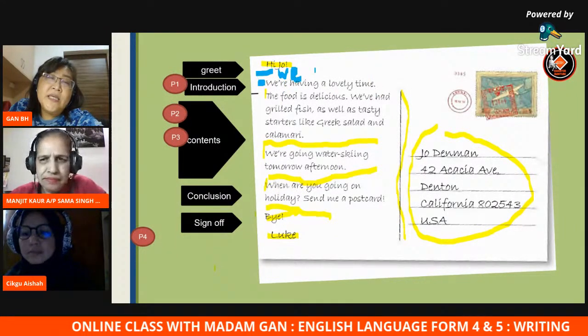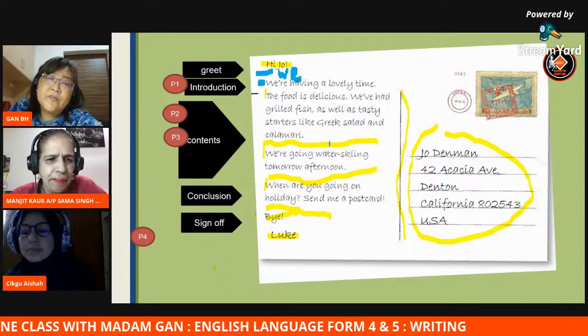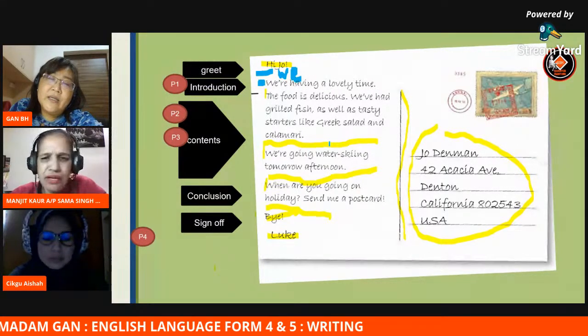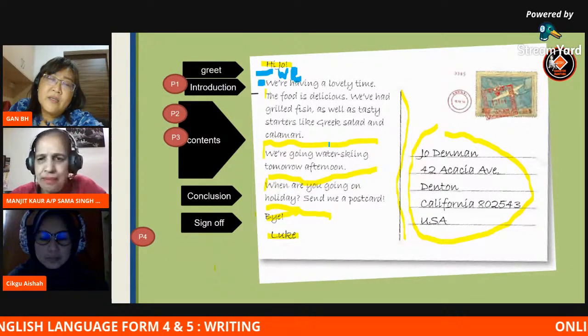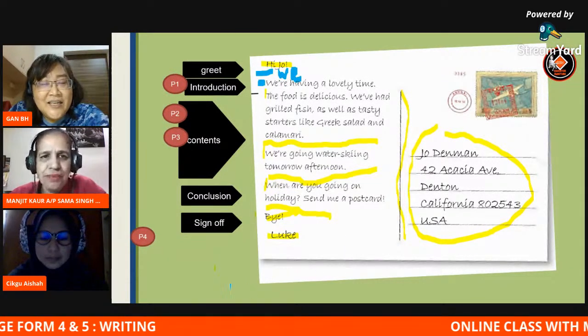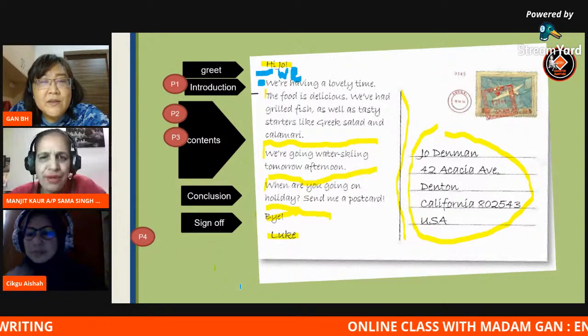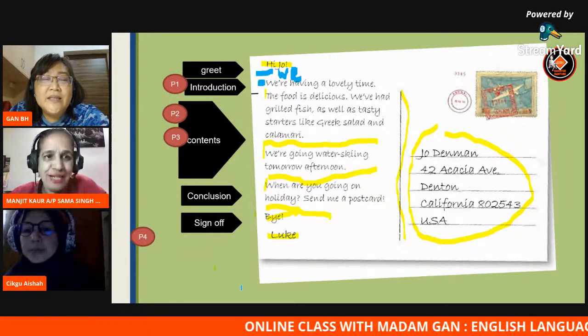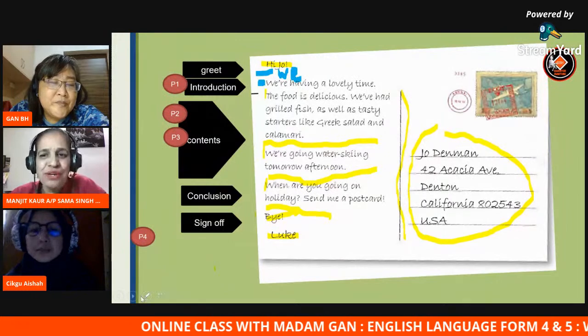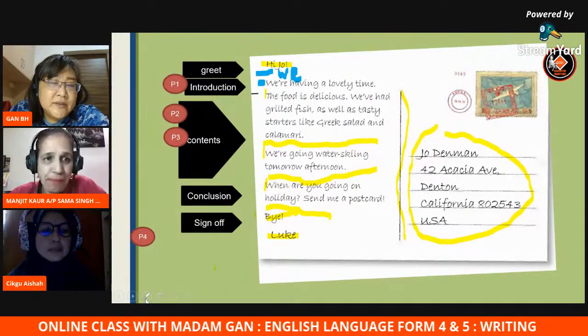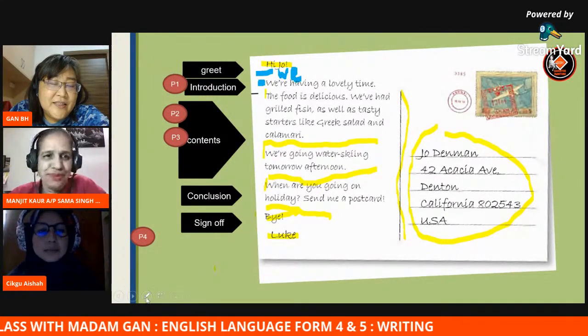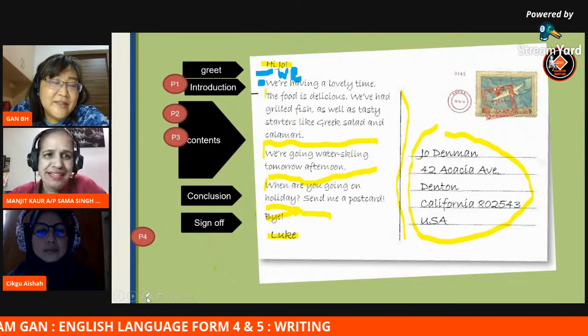So when you have spacing, you need not leave a line. Maybe, Madam Gan, maybe I can add. Boys, students, when you leave a line, even your essay looks neat. Yes, that's correct. And the person who's going to mark your paper will feel happy and it is easy for them to read also. Yes, that's another way. Yes, yes.